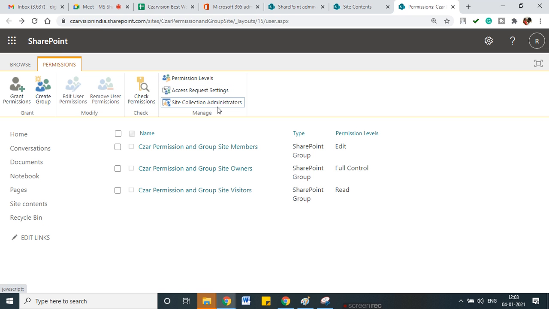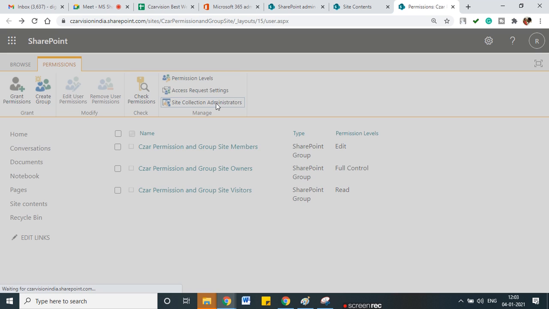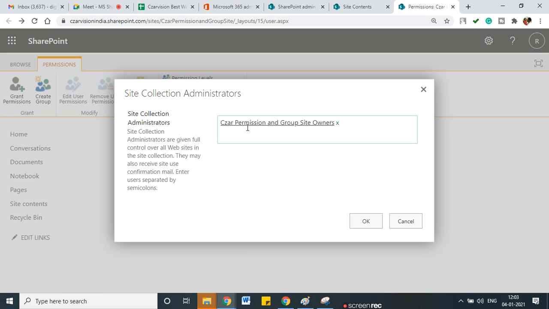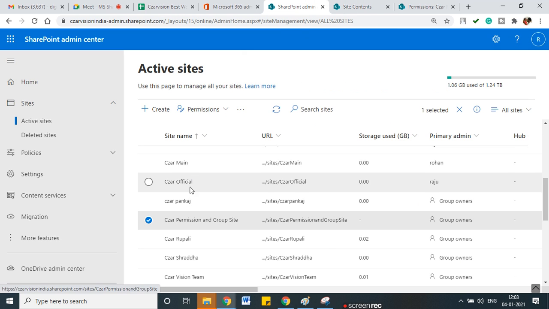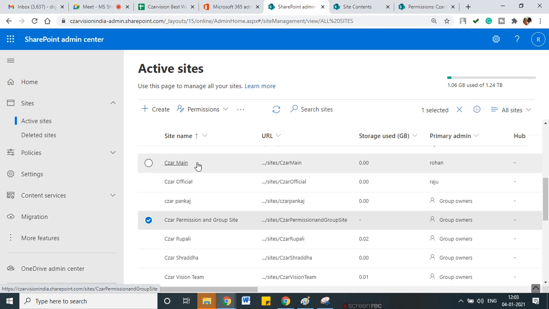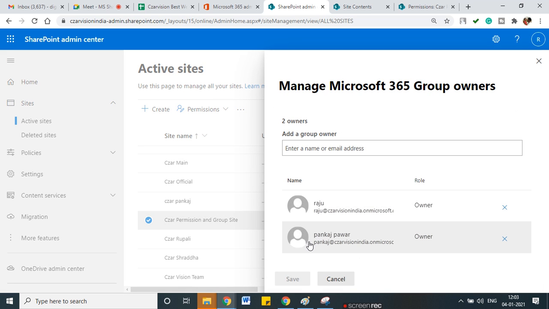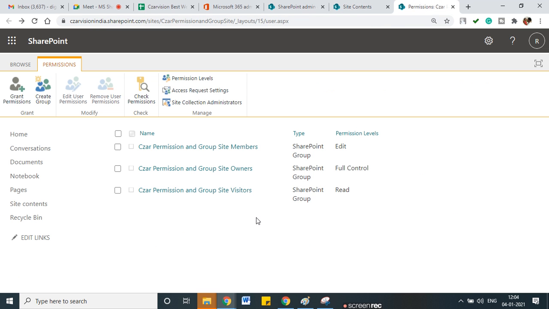If I click here, you can see site collection administrator. Okay, so I click on this site collection admin. Here you can see the permission and the group site owner. So to whom you have given the permission, you can see here. This is a group, a default group created, and Raju and Pankaj have access to it. Raju and Pankaj. So if you want to give additional admin access here,